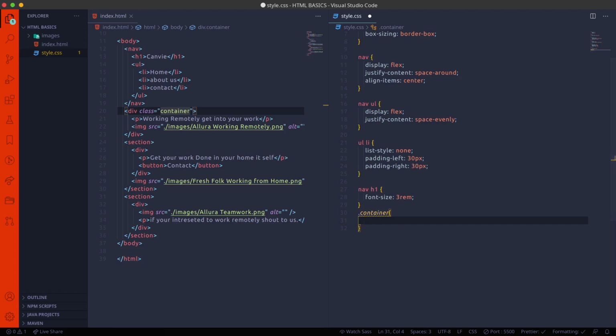Now I'm using the same property, display flex, and justify the content to be center here and align the items to be center.